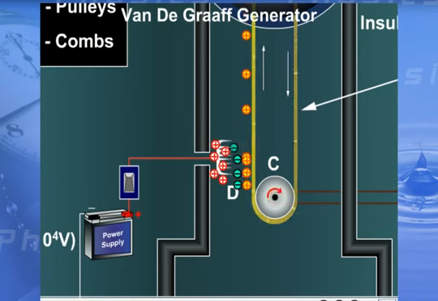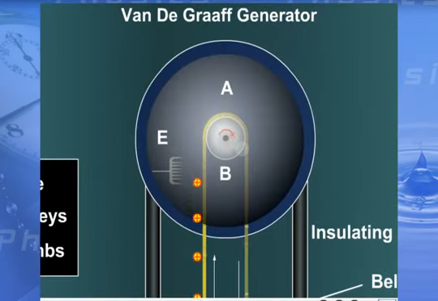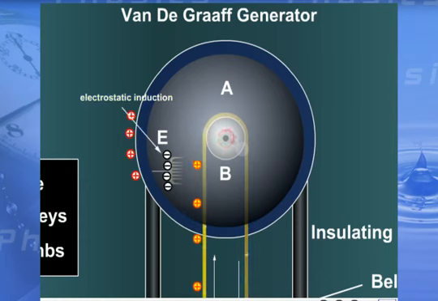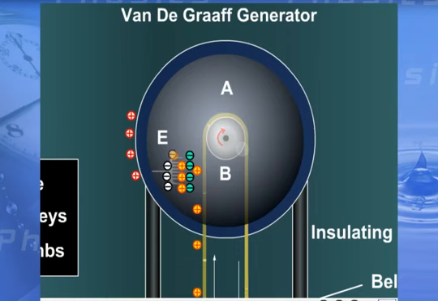it. While the belt moves upwards, due to electrostatic induction, the comb E acquires a negative charge and the sphere acquires a positive charge. Due to a high negative potential on E, the air gets ionized. The positive ions are attracted towards the comb E and the negative charges are repelled towards the belt and neutralize the positive charges on the belt. Therefore, while the belt comes downwards, it has no charge.